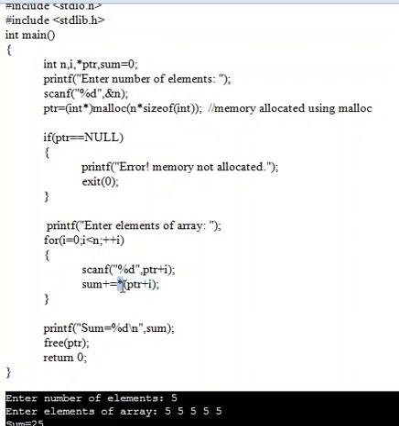When we place star before the address, we get the value. So we are getting the value from base address. The value from base address is 5. So sum equal to 0 plus 5, that equals 5. Now the value in variable sum is 5.